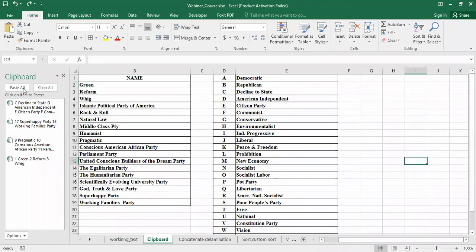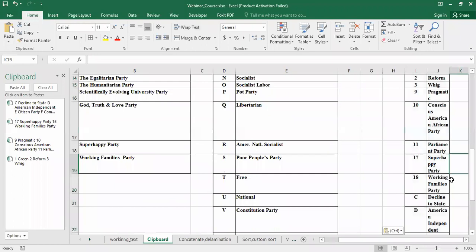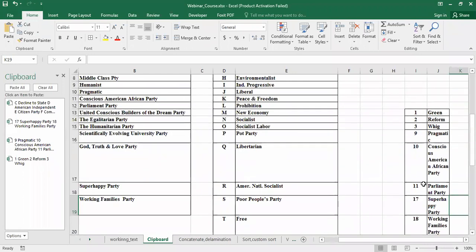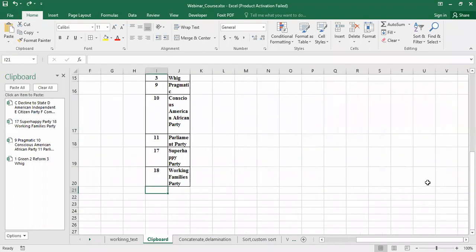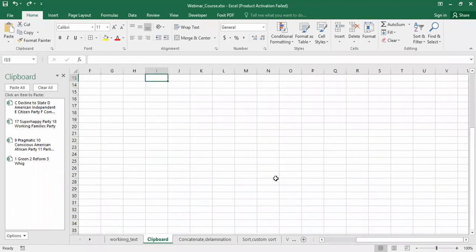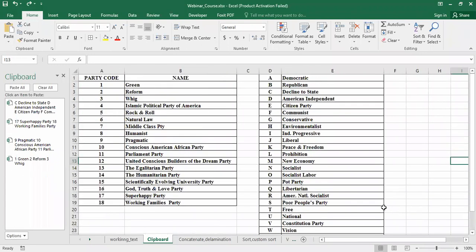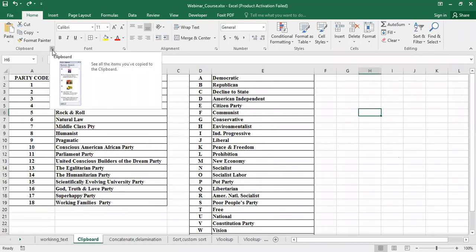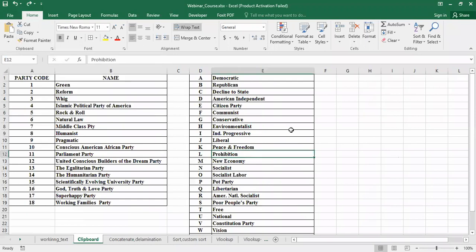When you paste all and then do undo, what happens? It removes one by one, not all at a time. Control Z, Control Z, Control Z, Control Z. So that part was only gone. I hope you understood and liked the magic of this clipboard. If you have already seen it, then no problem. If you have not seen it, then it is very good for you, right? So that was about the clipboard.